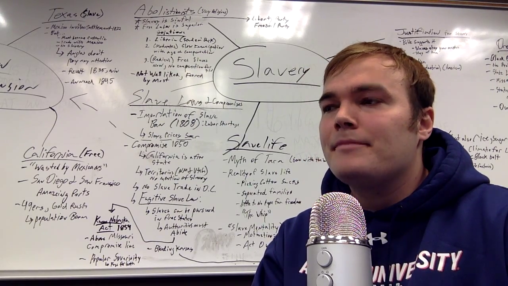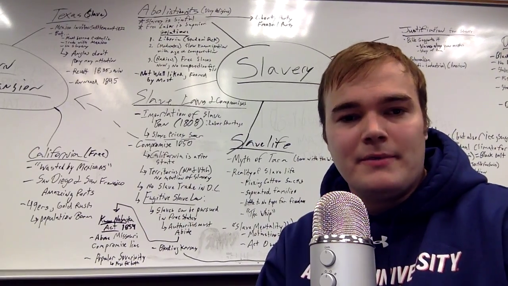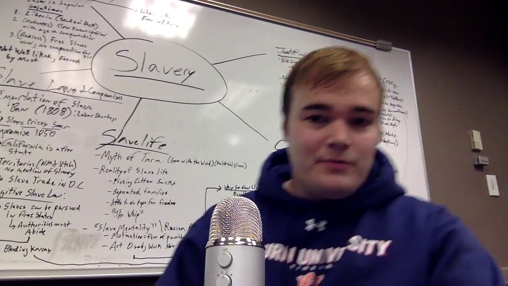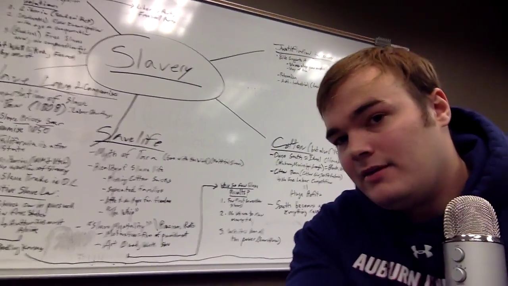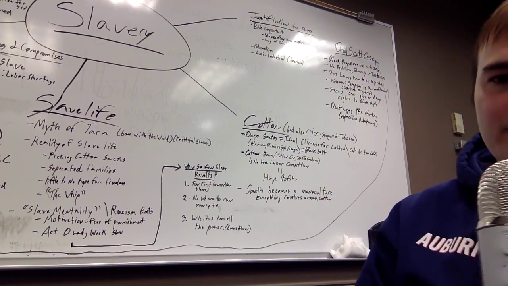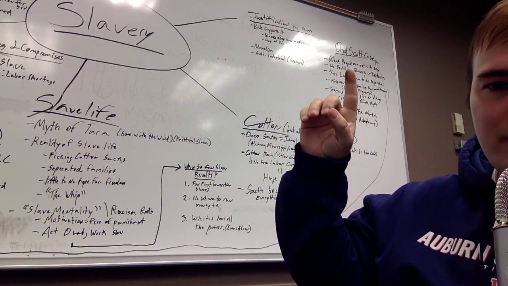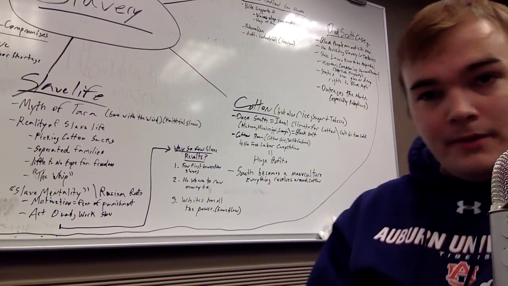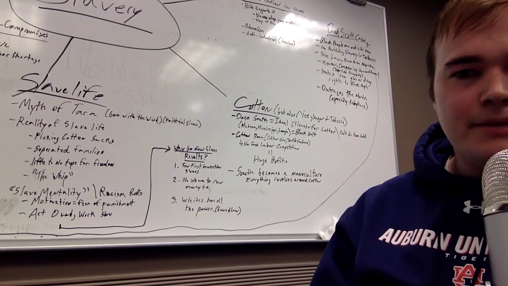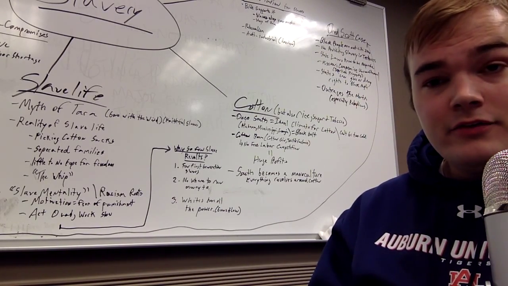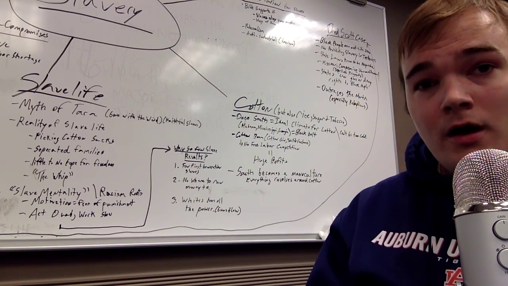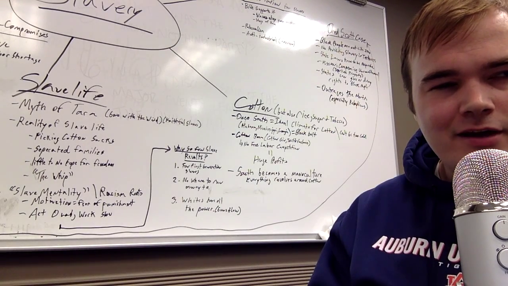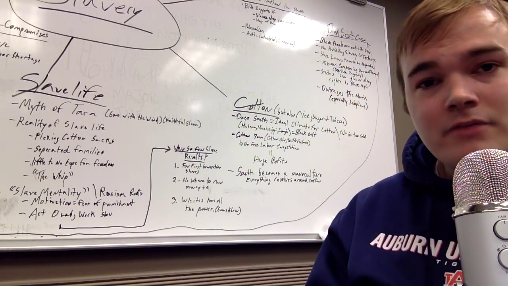The next thing, this is the big one that I want to end on, and we're going to have to follow this little line that goes on the bottom of the board. Kind of goes way up there. Let's see if I can squeeze it in. The final big decision. You see right up here, we have Dred Scott, the Dred Scott case. This is really, really important. Basically, the Dred Scott case is going to be the issue before the Civil War. This is what everybody's going to be talking about. Think of it kind of like the media obsession of the day.